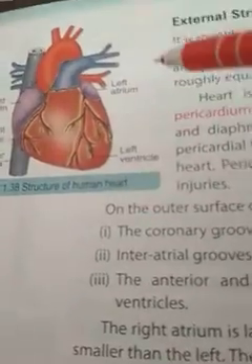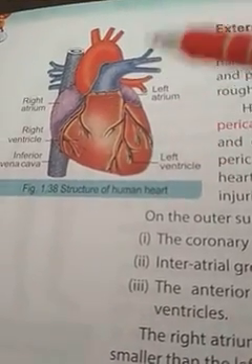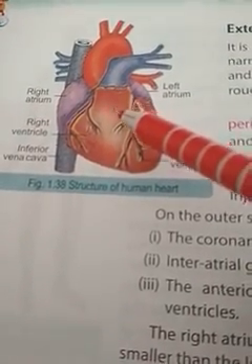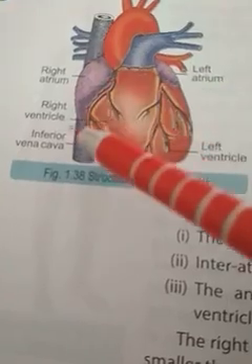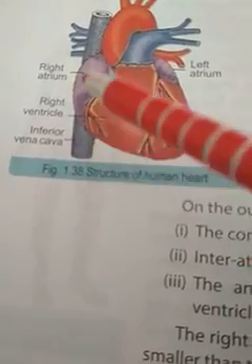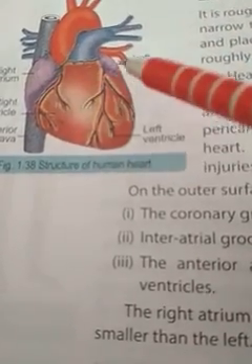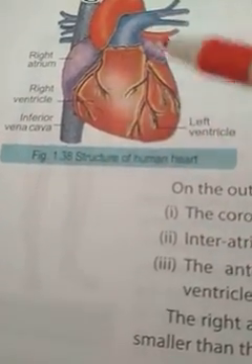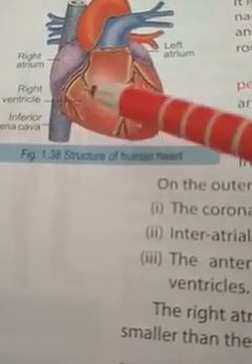So after understanding these diagrammatic representations, you will be able to answer all types of questions, dear students. This is the third one, that is the heart. So this is the third component of the blood vascular system in humans. See, this is the right atrium, this is the inferior vena cava, this is the broader vein, this is the superior vena cava, this is the left atrium, right atrium, left atrium, left ventricle and right ventricle. So this is the outline diagram, and these show the blood capillary supply to the heart muscles.